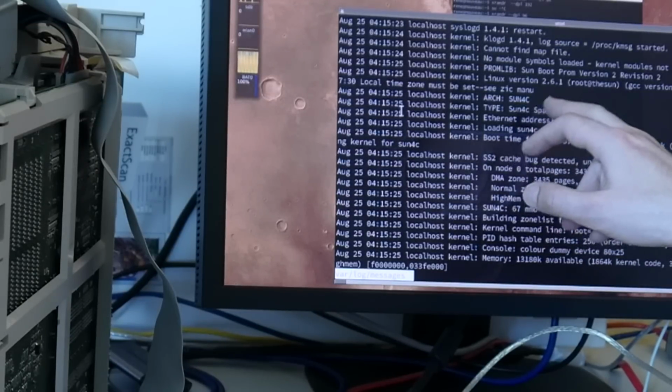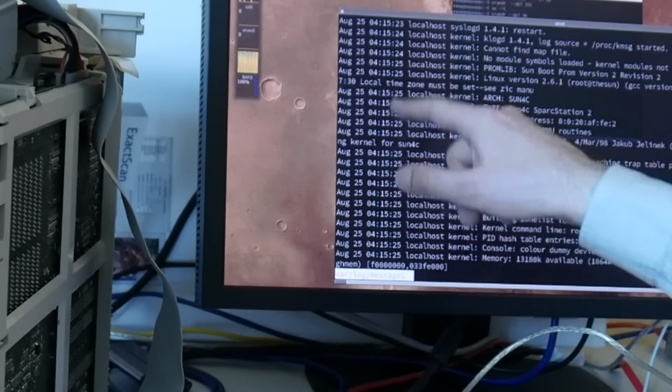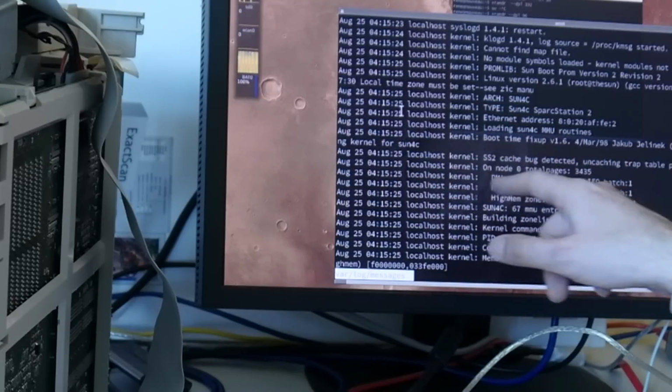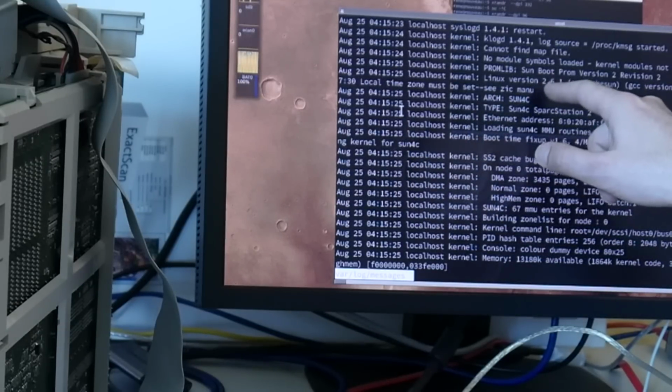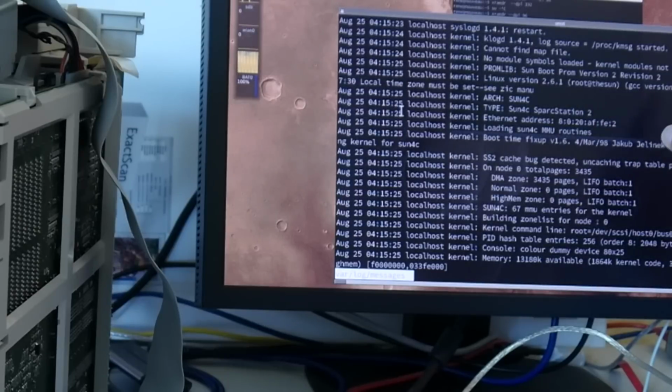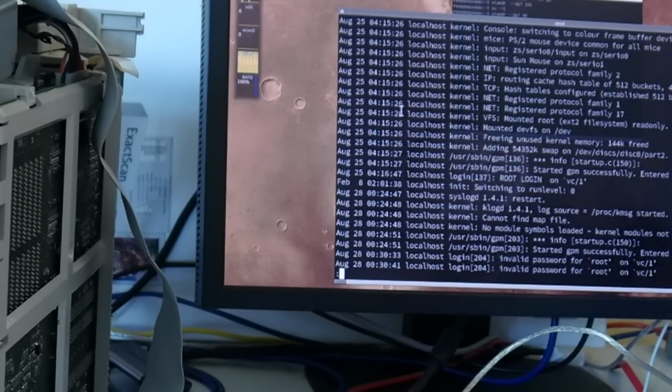It's a Sun 4C SPARCstation 2, exactly what I showed you the other day, so I must have worked on this and tinkered around with this on August 25th of whatever year. Clever enough, not written there. So this was with Linux kernel 2.6.1 and GCC 3.2.3, and you see there, it came up for the most part,